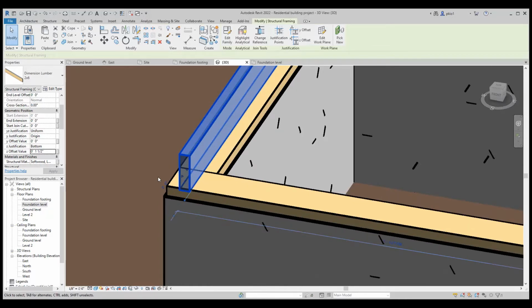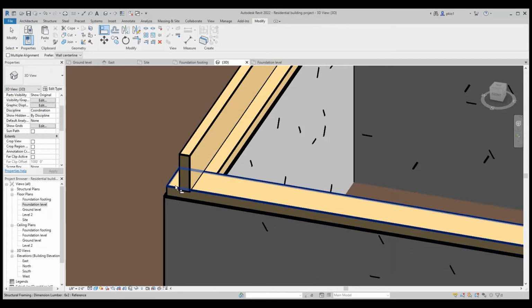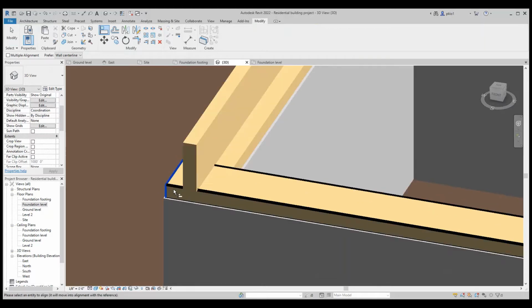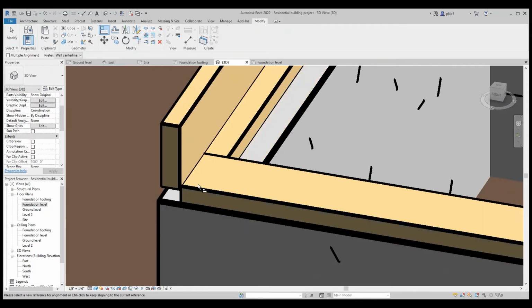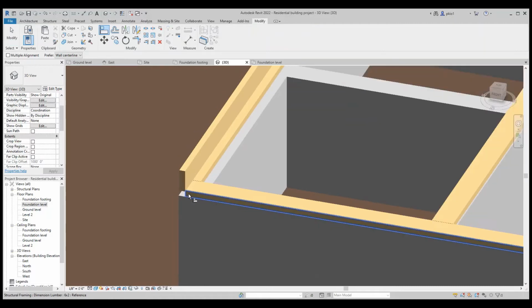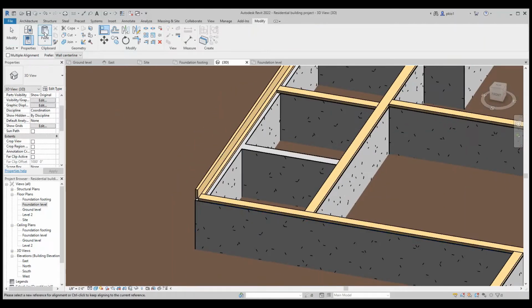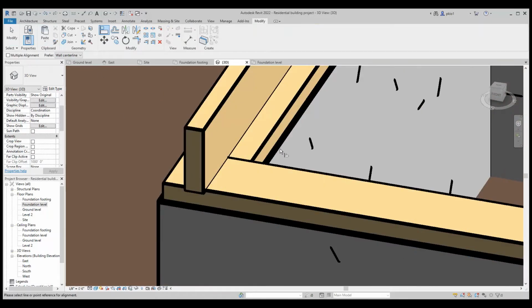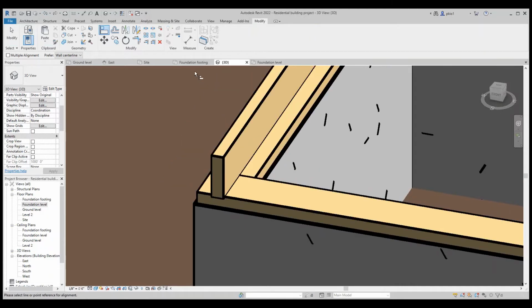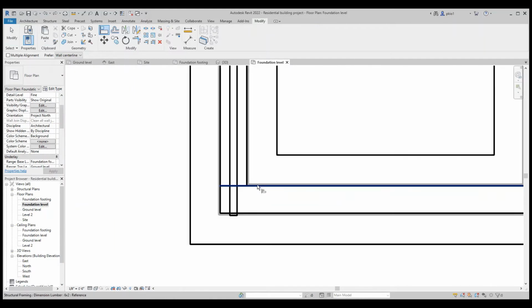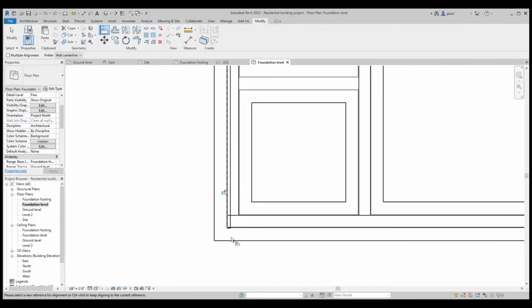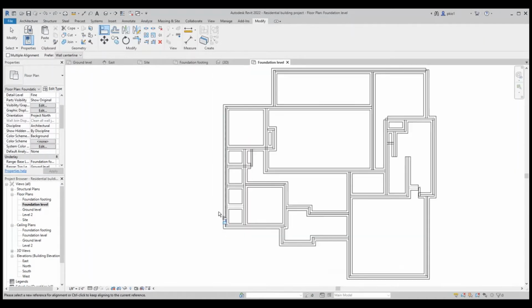So what we need to do now is align it to the edge of the wall. And to do that, we can type on our keyboard AL and select the endpoint and select the edge here. So it quickly moves there to the, this didn't go well. We want to align it, we go to that level, the top level of the wall. At this point, we can align it properly and say here and here, so it moves to the edge.